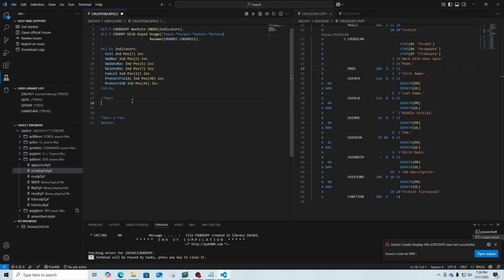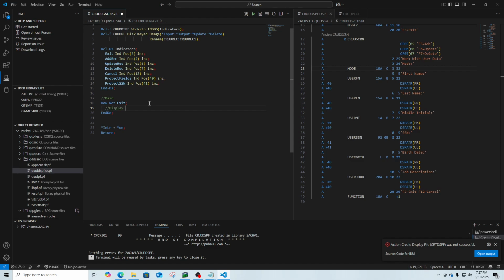And then, so this is going to be very similar to the previous interactive application that I showed how to make, and we're going to use a do-while loop to loop over our main screen. And so I'm going to say do while the user does not enter exit. So while the user doesn't enter F3, we will continue our application. And so I'll say end do, and the first thing I'll do is